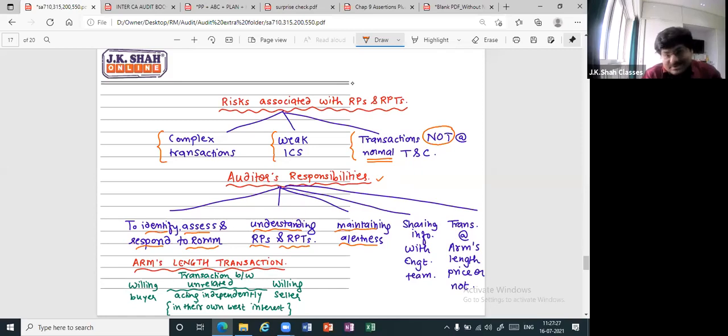So ultimately, can I say you have to maintain alertness? Once you come across related party transactions, obviously that indicates it's a related party transaction. If you find something like this, supposing the normal selling price was 100, but now you see 30, what does it indicate? It may be to a related party, but it is not sure whether it is to a related party or not. That you will have to find out.